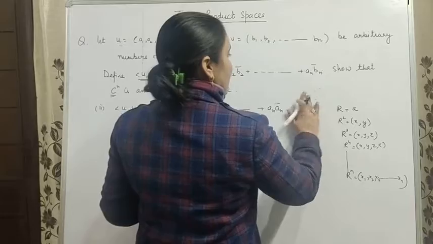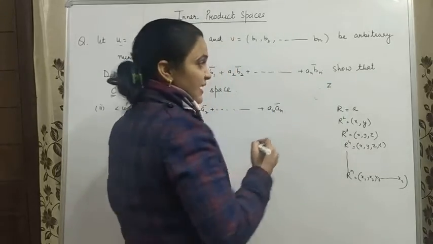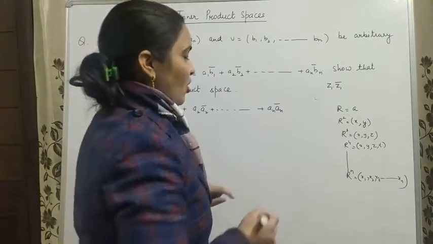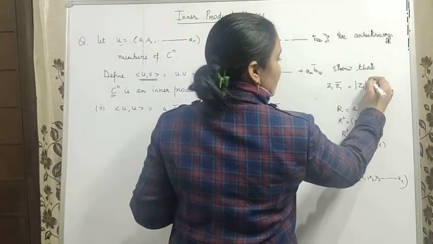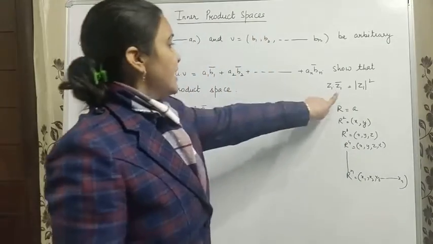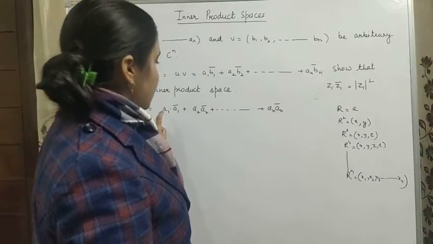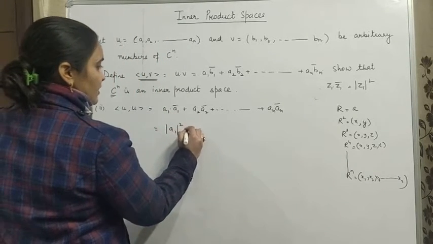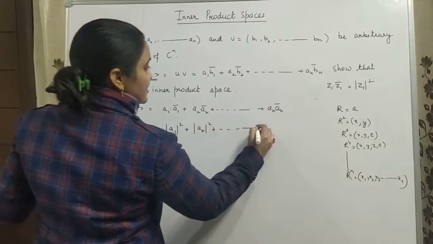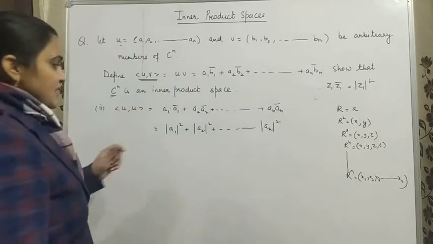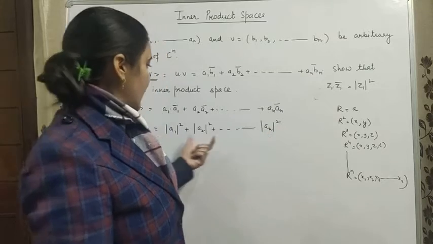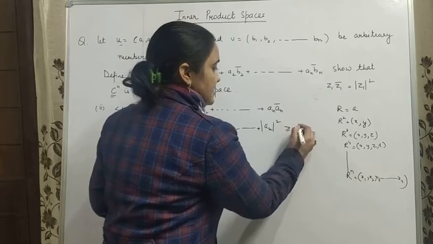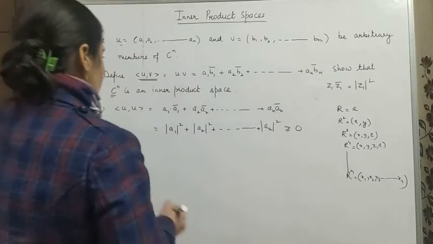अब यहाँ पे complex number, अगर आप एक complex number आपके पास z है और आप उसको z conjugate से मल्टीप्लाई कर रहे हो, डॉट प्रोडक्ट ले रहे हो, तो you will always get modulus of z square. क्लियर? सो यही प्रॉपर्टी हम यहाँ पे यूज करेंगे. So it is complex with its conjugate, so you will get modulus of a1 square plus modulus of a2 square plus so on modulus of an square. अब सारे जो मॉडुलस होते हैं वो हमेशा नॉन नेगेटिव, greater than or equal to 0. तो जब हम इनका सम करेंगे you will always get this as greater than or equal to 0. So therefore